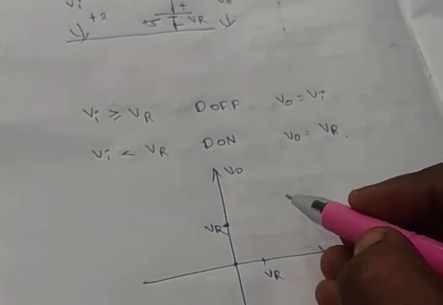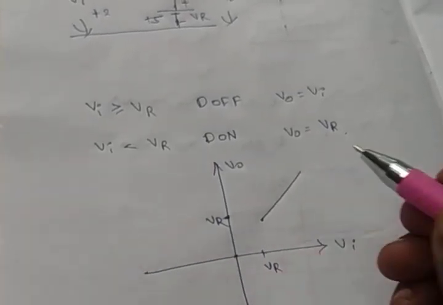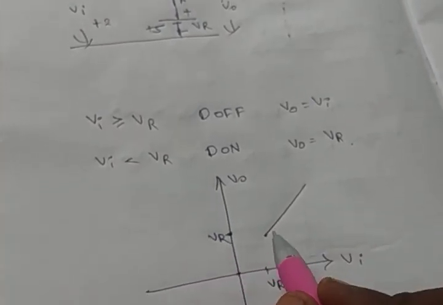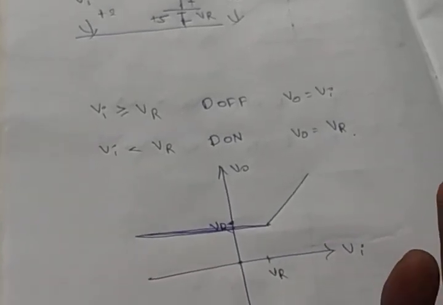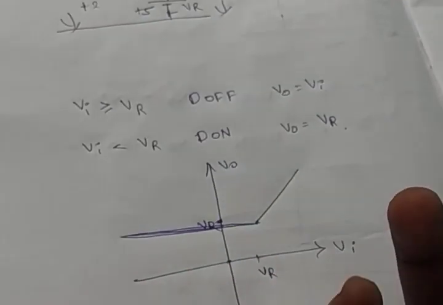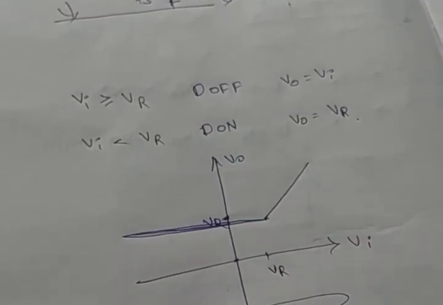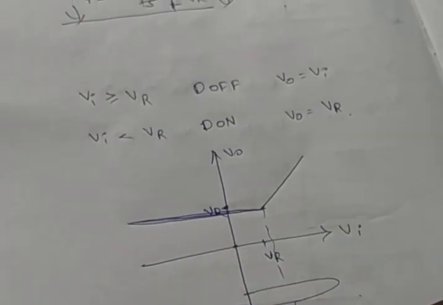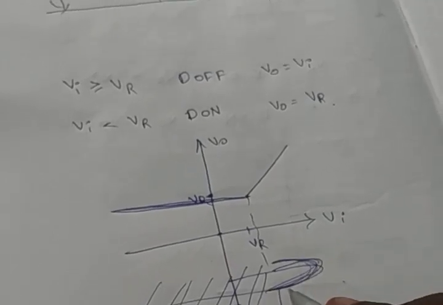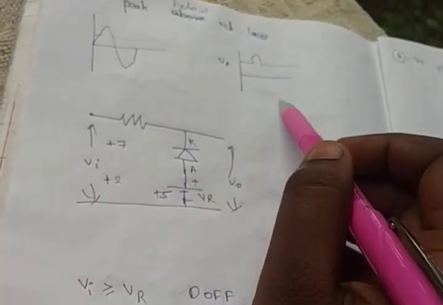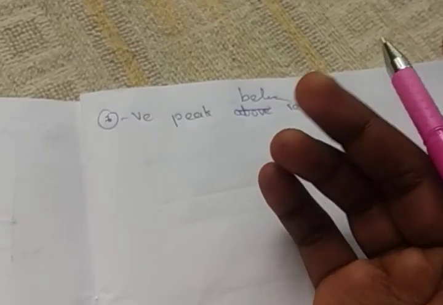So with the Vi and this V0, VR should be taken here. For greater values of VR, what is the diode condition? It is off. So up to here we get an ohmic line. After that, for lesser values of VR, we have a DC line. DC line means VR is a constant value, no? So the DC voltage will be there at the output. So this is our input where the DC line is present. This portion will be clipped and only this portion will be present at the output. So we get this output. This is the operation of the positive peak clipper below reference level.